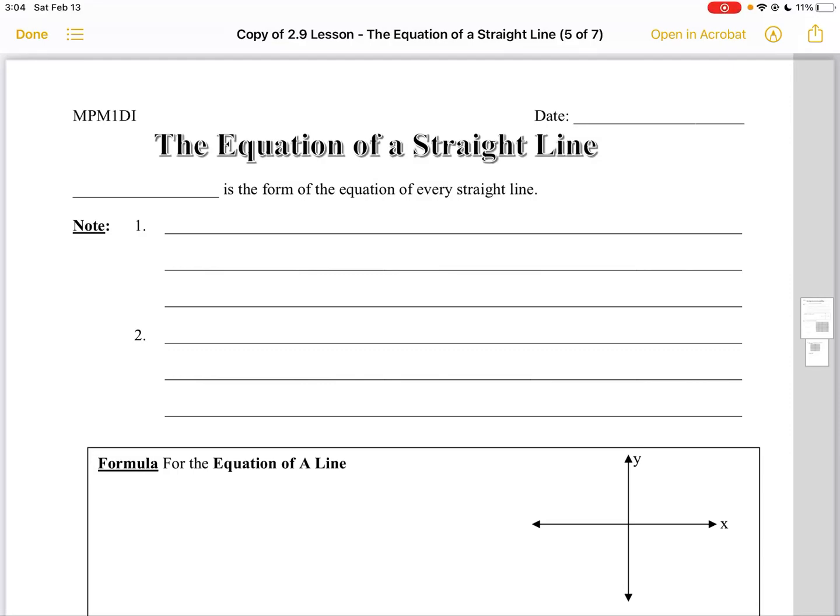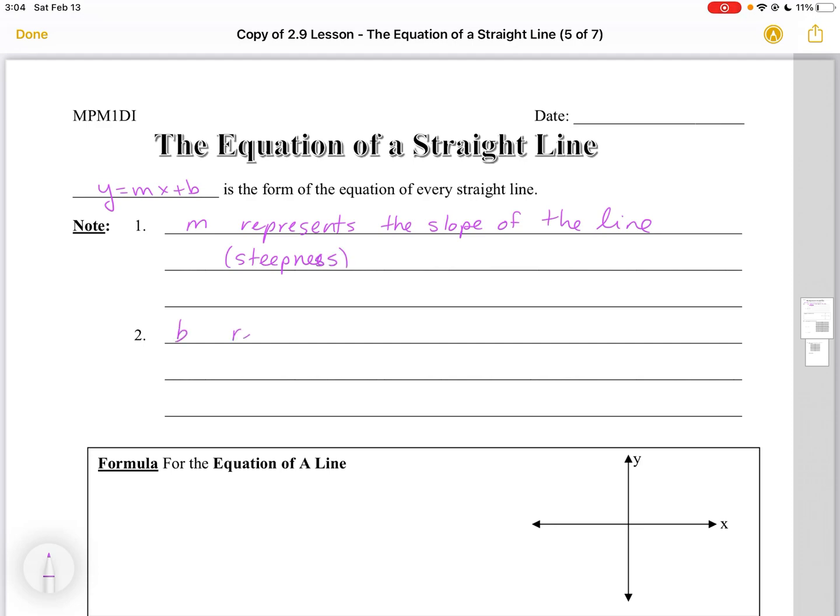This video goes over the equation of a line. Every line that you see, you can write in the form y equals mx plus b. M represents the slope of the line,